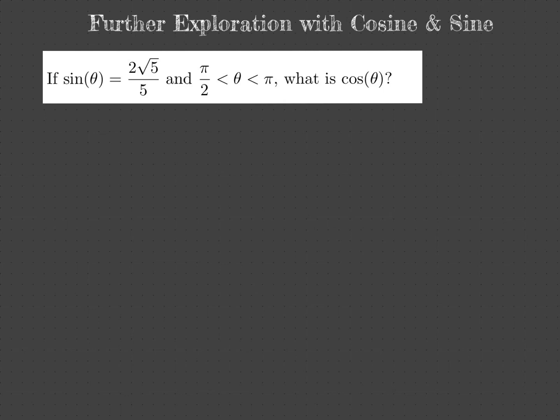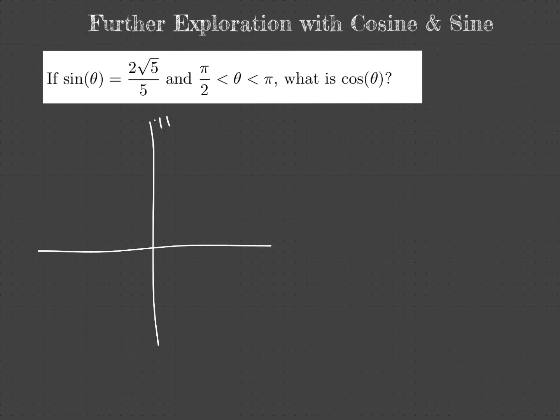Here is the third of this type of problem. This one just looks a little bit different though because we have radicals already in our given information, as well as a different way of giving the quadrant that we're in. So let's break this down a little bit. Let's first look at the quadrant. We know that our angle is in between pi over 2 and pi. So if we do a quick sketch,